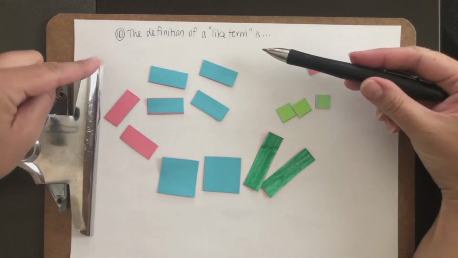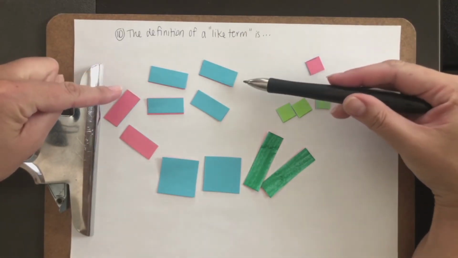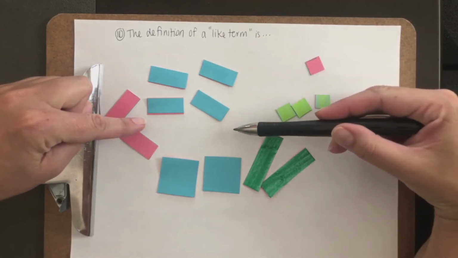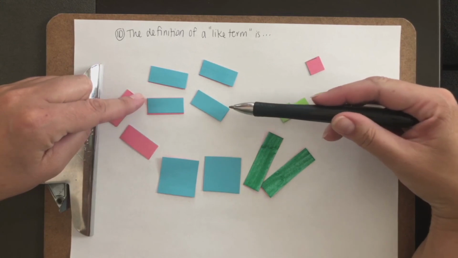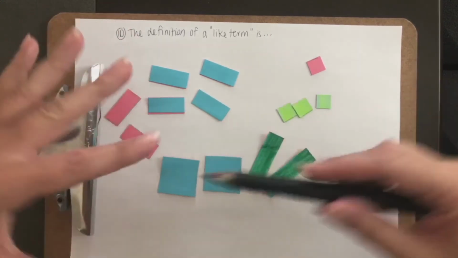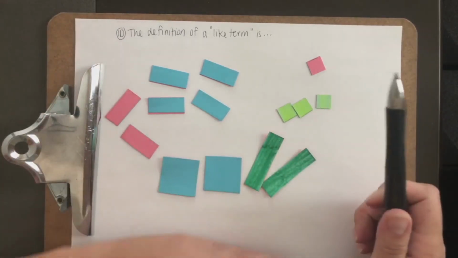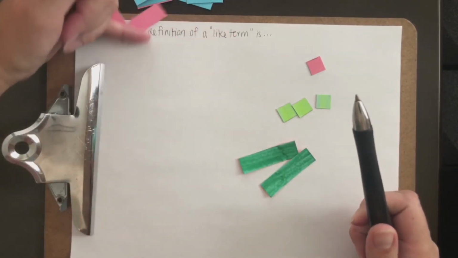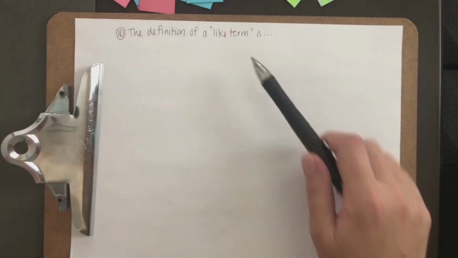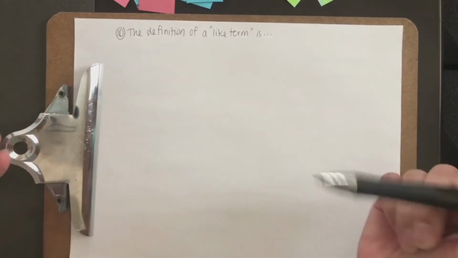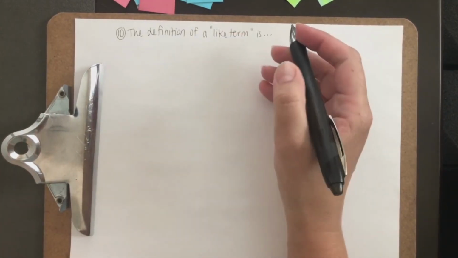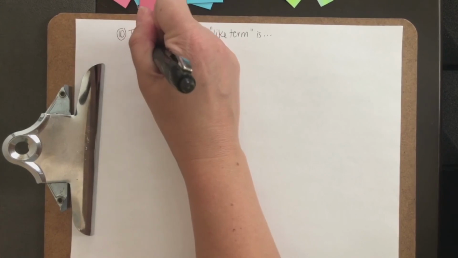So I would normally have you guys talk about a like term as it refers to tiles and say they are tiles that look the same and can be grouped together. But this class kind of skips through that because we're in summer and we're just going really fast. So we're gonna have to talk about it in a different way, but I want you to still think about the tiles. So the definition of a like term is a number